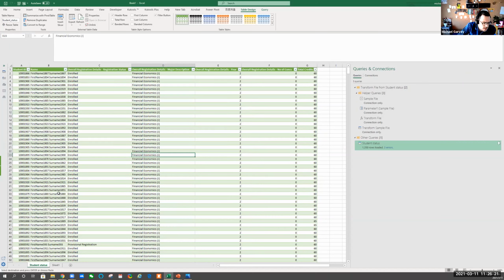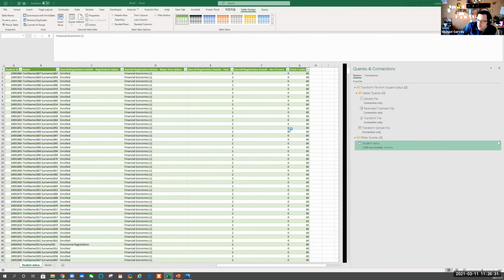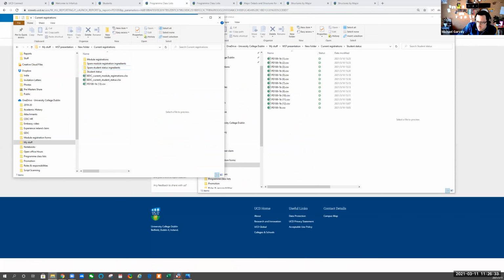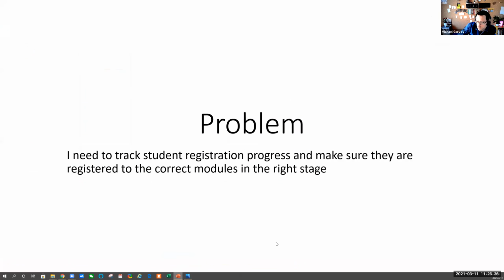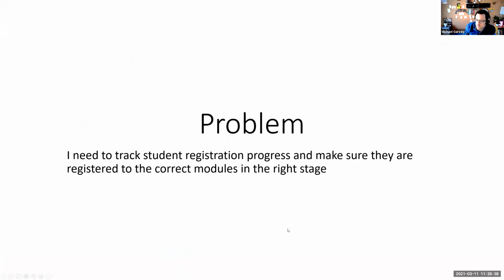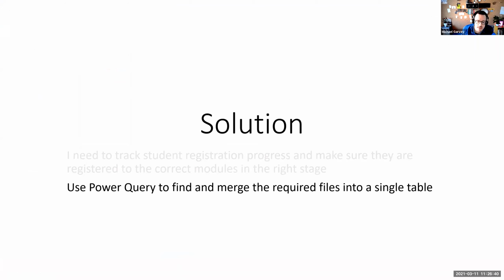So that is great. I'm not going to save this because I have a previous version saved, which we'll work with later. So I'm just going to delete that. Now, if we go back to the presentation for a second, we can see our solution here was to use Power Query to merge the files into a single table, which is great, except